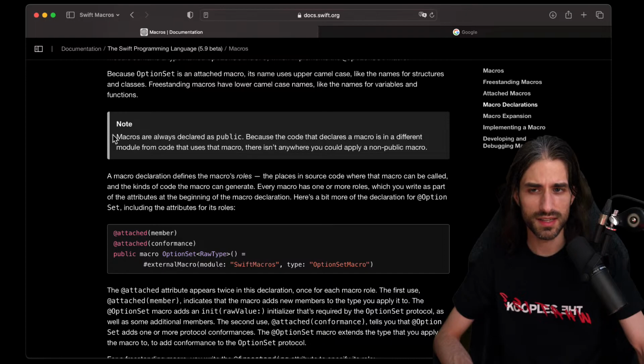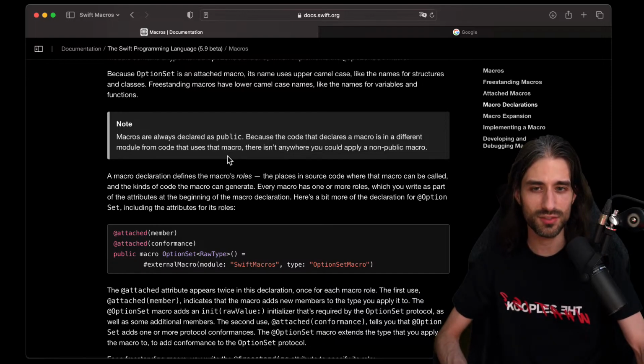So I guess this means that you declare the macro inside. That's interesting. So the code that declares the macro is in a different module from the code that uses that macro. And it seems like it's not a should, it's more like it must be. So I think this is a way to enforce a strong independence between the code, to make sure that your macro code is not manipulating some kind of global variable that it shouldn't be.